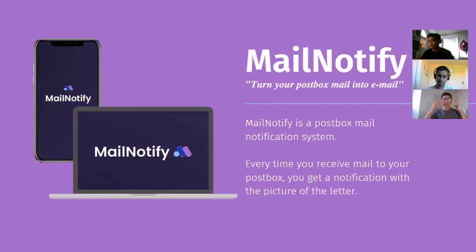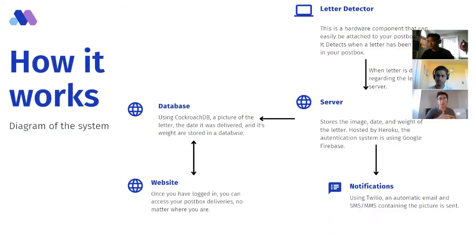We wanted to create a postbox mail. We want to create a system that turned postbox mail into email. So every time you receive letters in your postbox, a picture of that is sent to you as a notification and email. How this works is we have a letter detector, and every time it detects a letter, it sends